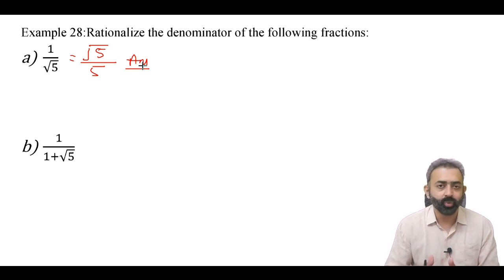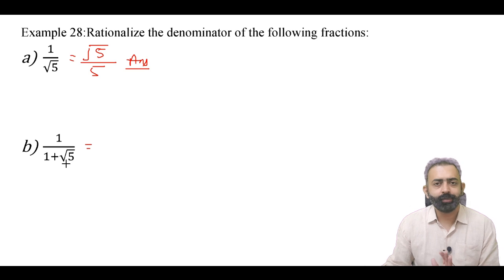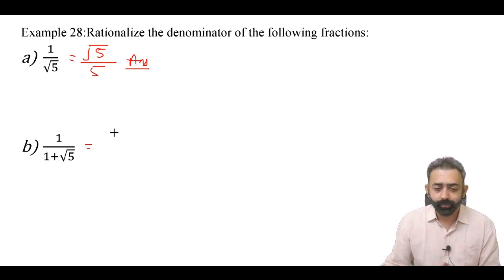B part is the new one. Let us understand how we will rationalize this. In these types of questions, there is a plus root b or a minus root b, whatever the surd is, or you can have two types of surds also. Here you can have root 2 plus root 5 or root 2 minus root 5. Both the numbers can be surds. Okay. What is the method? That you multiply by the number